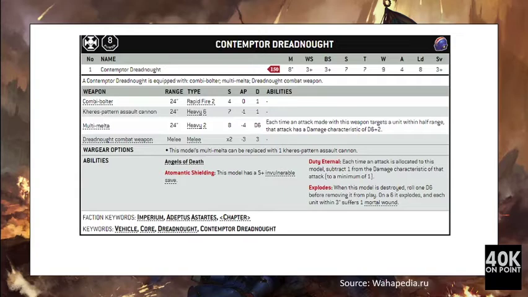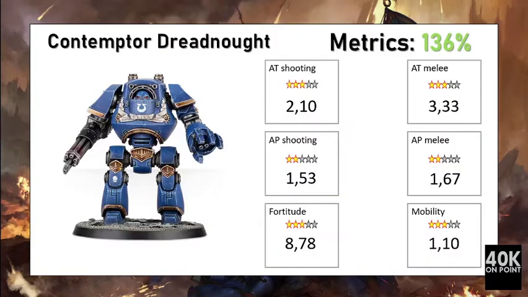The particularity of the Contemptor Dreadnought is that it has an 8-inch movement, so it's a bit faster. And its close combat capacity: it has 4 attacks of strength 14, AP -3, damage 3. Defensively, for 150 points, you are getting 9 wounds of toughness 7 and a save 3+, but also a 5++ invulnerable save. So overall, the Contemptor Dreadnought performed very well in our metrics, reaching a score of